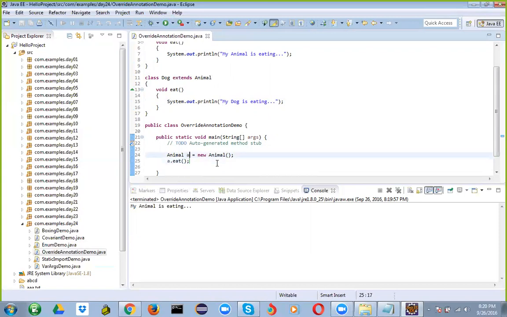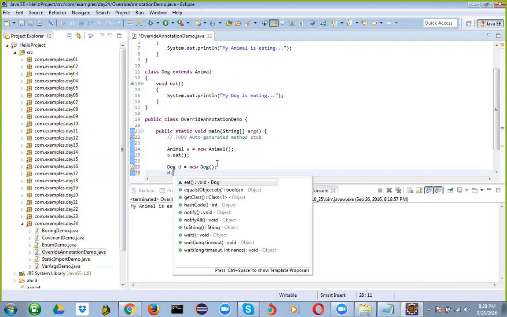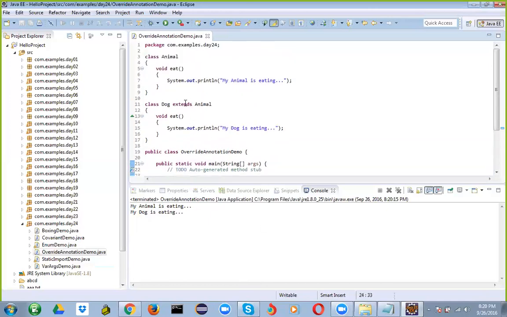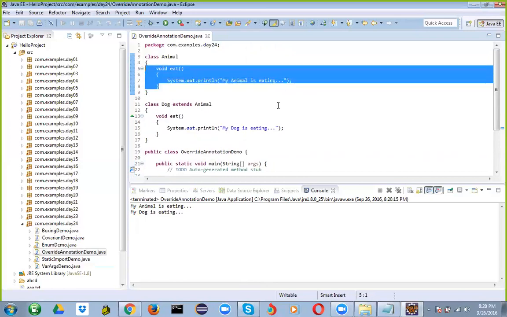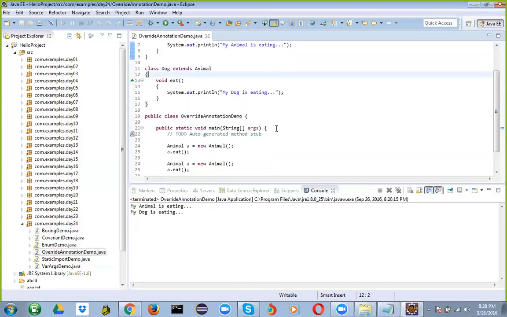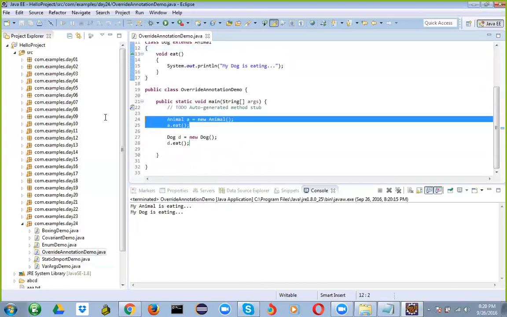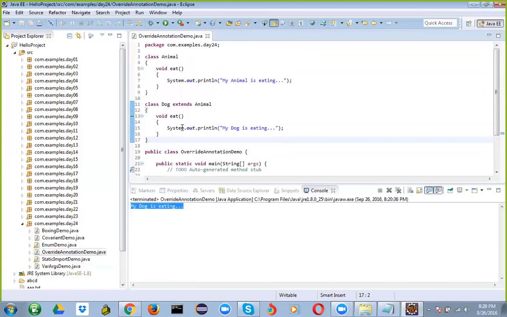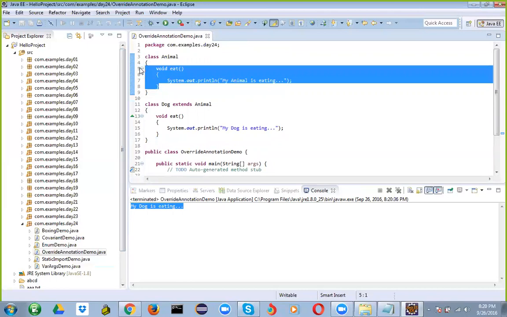Yes. A dot eat, it's going to give you the dog is eating. This was not available. So when I run this one, dog is eating. So yeah, overriding the method was working, but now that your common method has been removed in the